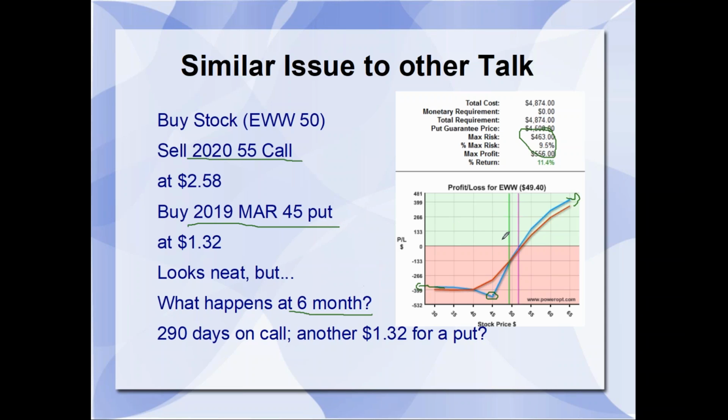So what's going to happen? Everyone says, oh, well, there's ways to manage it. Okay, whoever is teaching this doesn't tell you the management. You've got to buy their product, so they show you how to manage this position if it goes up or if it goes down. Okay, well, the stock goes up. Let's say it goes up to 57 in the next 6 months.